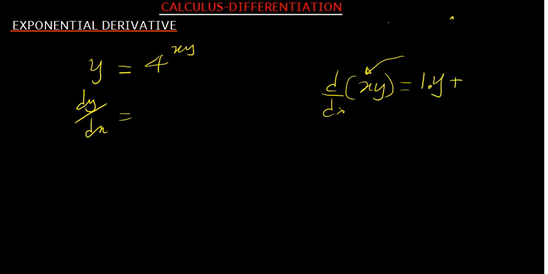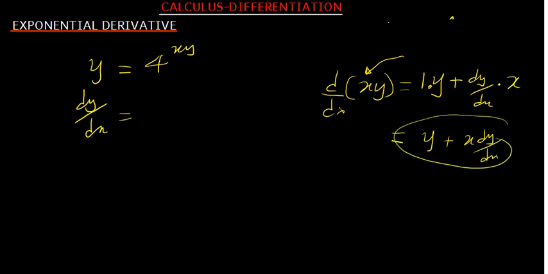Again, for the second one, we are going to differentiate y. Now if we differentiate y, we are supposed to introduce dy over dx. Remember, if we differentiated y, what we got was a 1, but because we've differentiated y, we're supposed to put dy over dx. What did we maintain? We maintained x. So actually the derivative is y plus x dy over dx. So this is the derivative, and we're going to put it there: y plus x dy over dx. And then we have got,